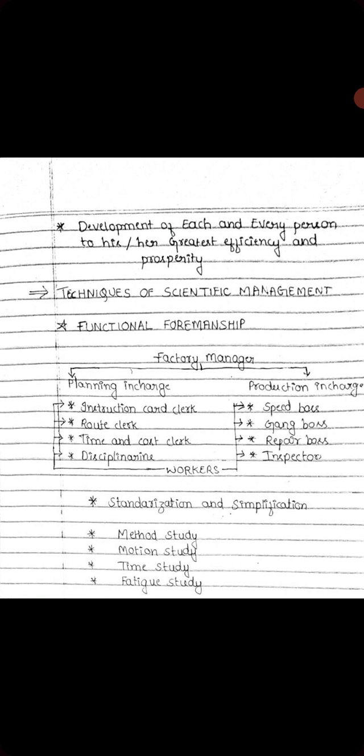So that the workers, if they get trained, can operate newly technological machines. In such a way, if the workers get trained, the organization itself will get benefited by this. So here Taylor says that development of each and every person to his or her greatest efficiency and prosperity. As I said to you,